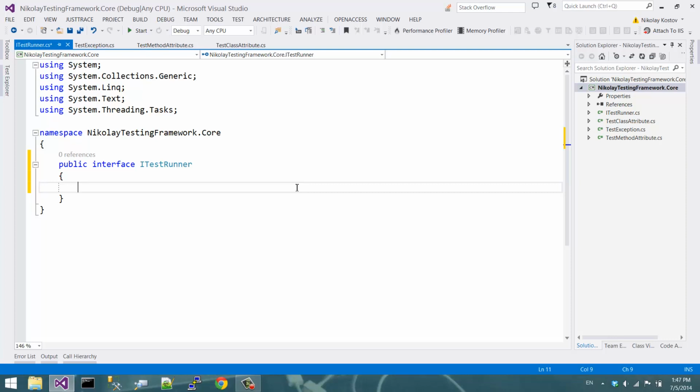Let's think for a moment. We need methods like a void method, or I'll create another class